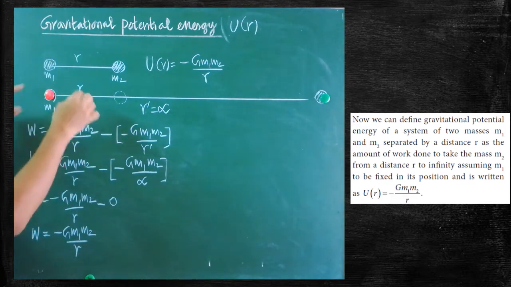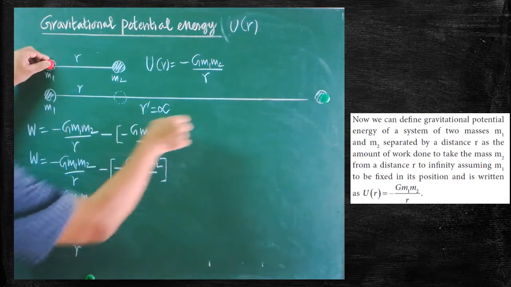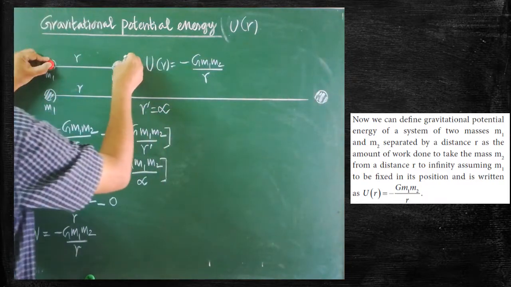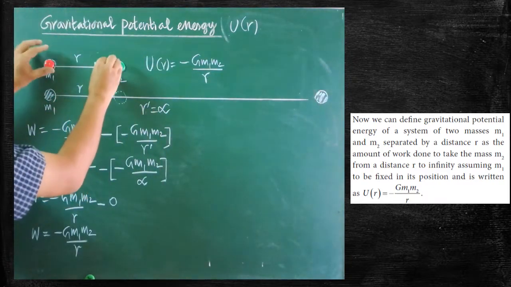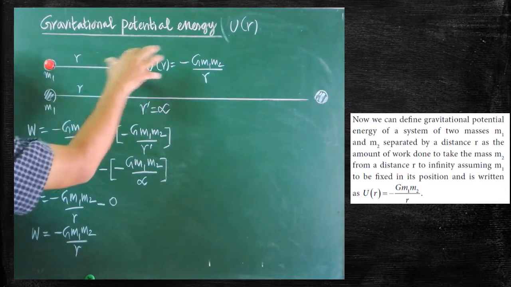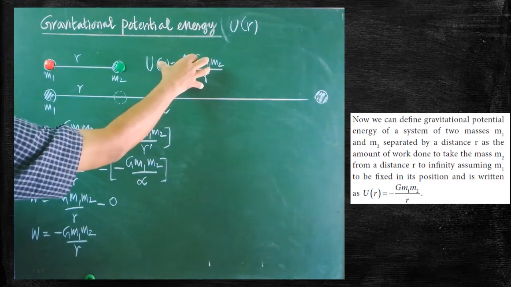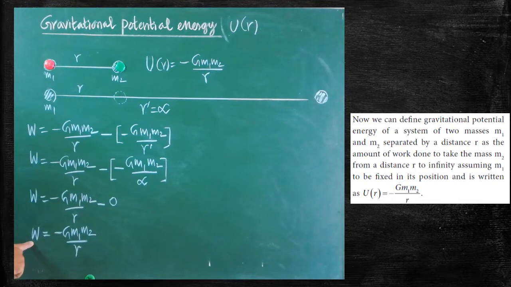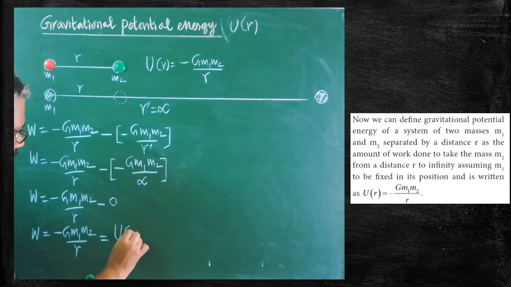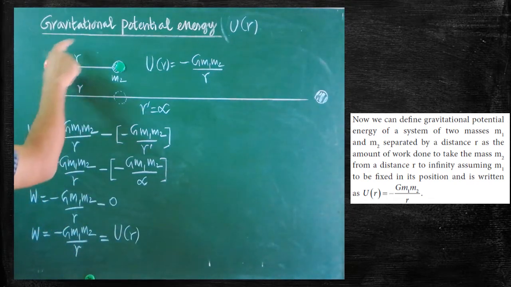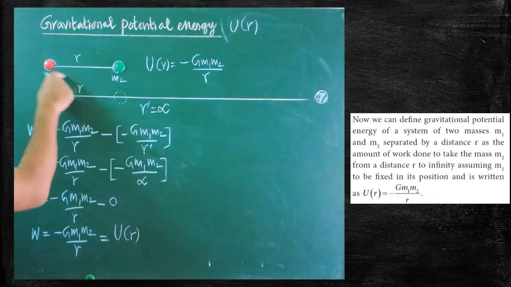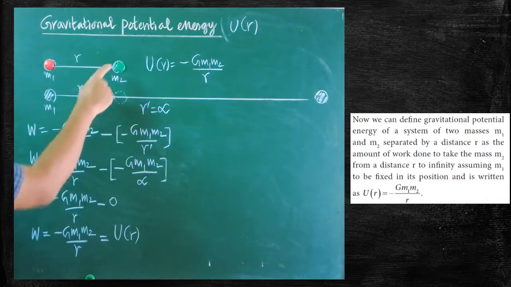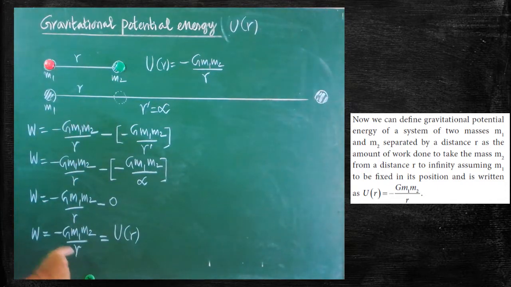Are you clear? When the two masses are close to one another, some amount of potential energy is stored up. That is called, what is this? UR. That UR is nothing but W. Are you clear? This one can also be equated with which one? UR. What is UR? Some amount of gravitational potential energy that is stored up in the system when the two masses are separated by r. Okay. So what is W? Work. This is nothing but work done.